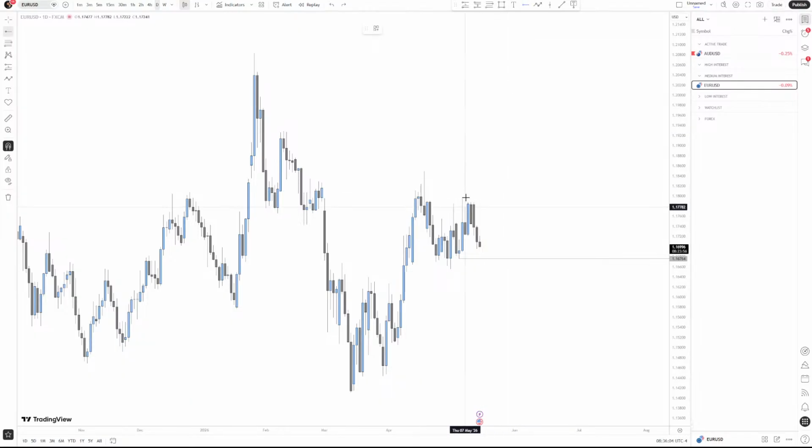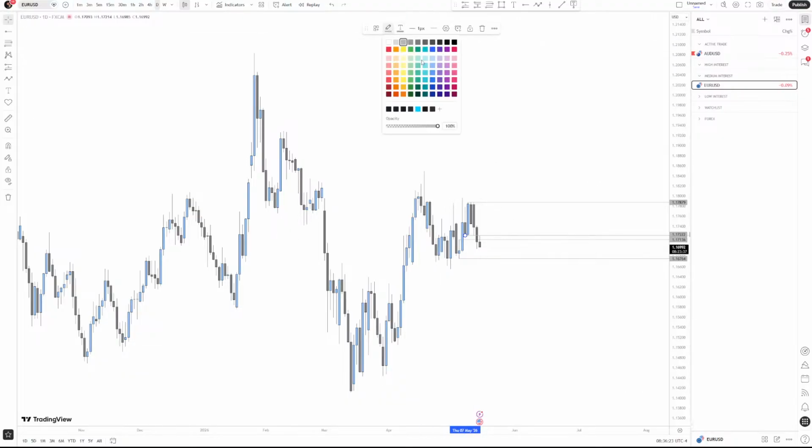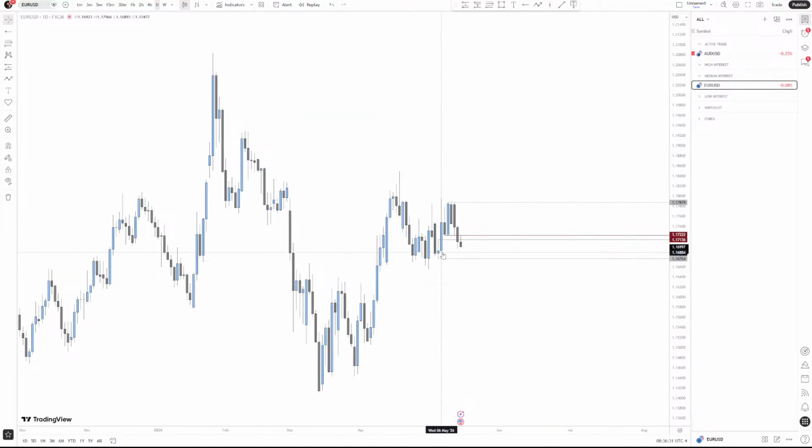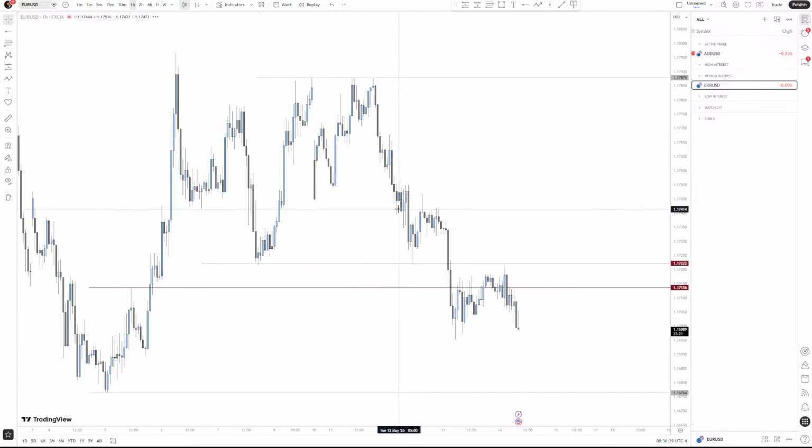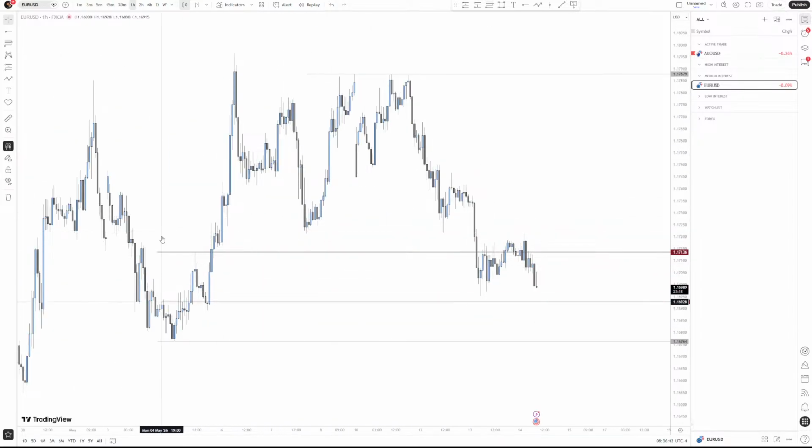We also have resting liquidity above here with these 3 daily equal highs. So I think price was going to go down to then go towards this. We then also have a fair value gap. Just going to change the color. Let's make it red, a deep red, burgundy. So that's the fair value gap right there from here to here, and we have cleared it. I'm going to take that into the hourly chart. So this is the daily fair value gap.